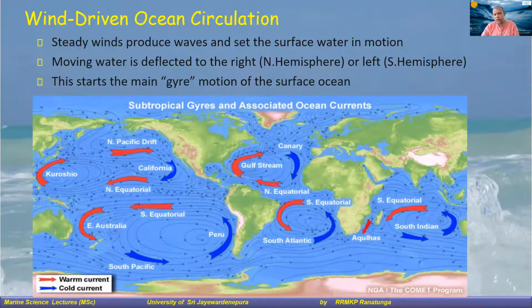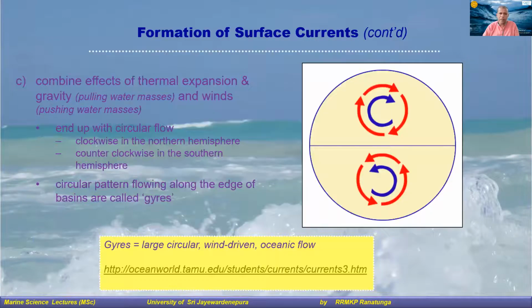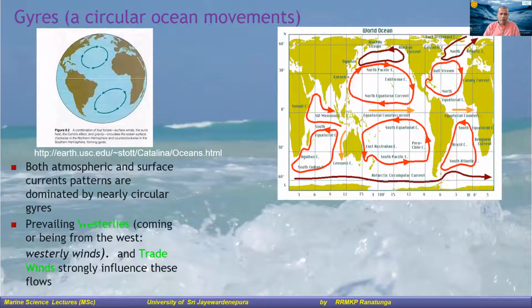I hope you got the concept here. So most of these ocean currents move in a sort of circular movement as a whole, not as individual currents, right? So you will notice this circular movement in these surface currents in the ocean basins, which we call the ocean gyre, circular movement in the ocean current.